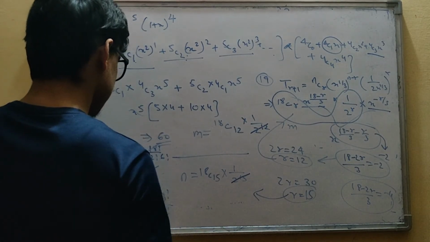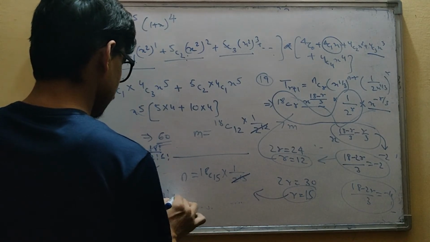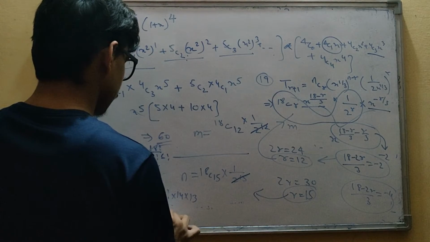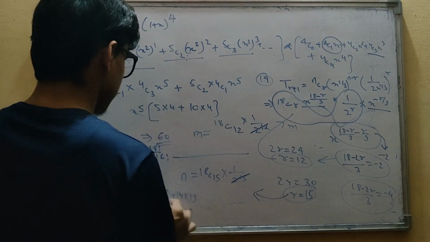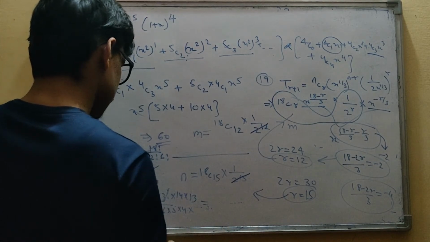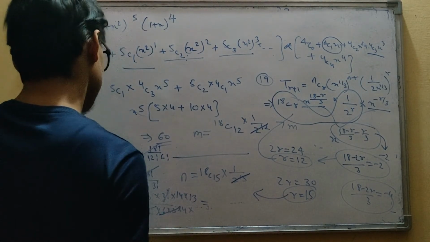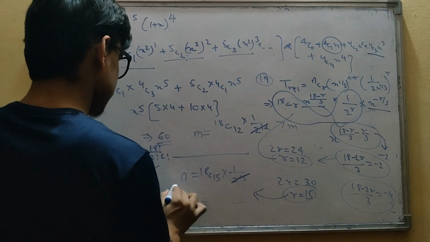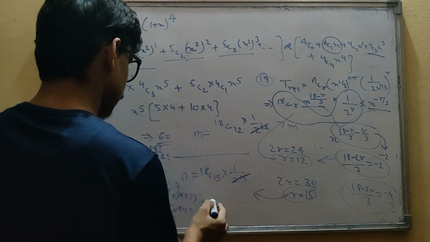So how can you write it? This can be written as 15 into 14 into 13. This will cancel out. This can be written as 6 into 5 into 4 into 3 factorial, which will cancel out by this, right? So the answer should be something like this. 6 5s are 30, and 13 into 15... This is going to be 2. Now 2 will cancel out with this. This is going to be 7. So 7 into 30,